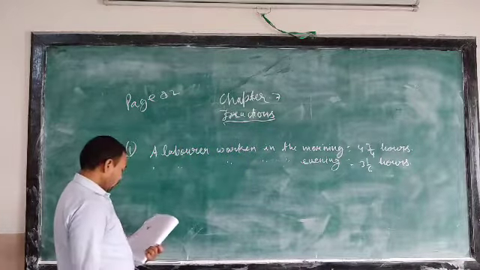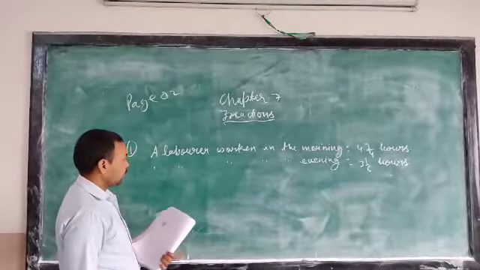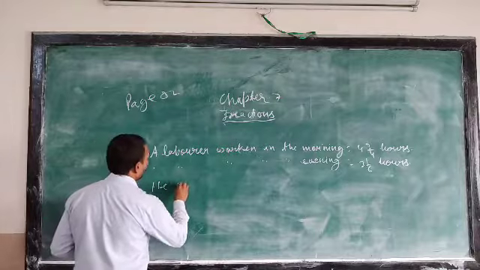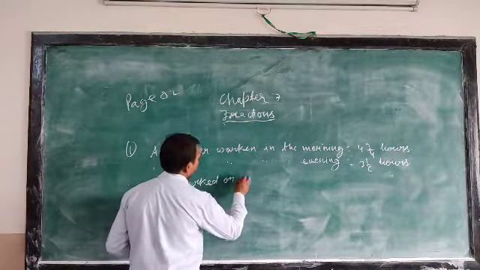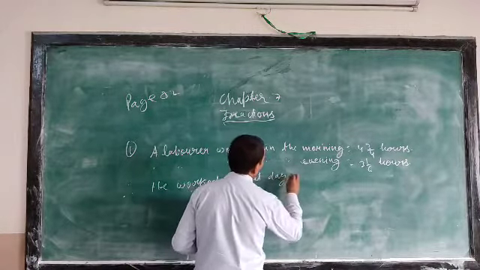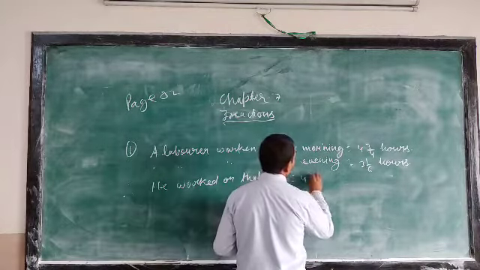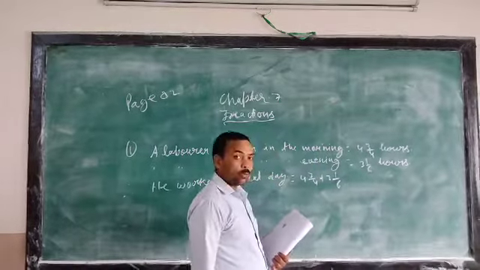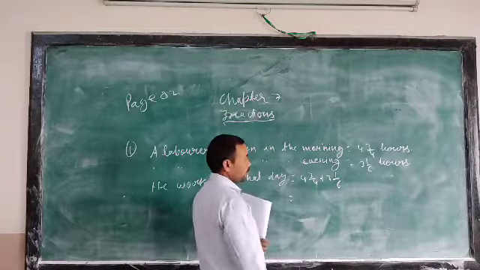After that you write the last line statement. How many hours did he work on that day? So you can write, hence he worked on that day. You know, here we add. I hope you know how to use operations in problem solving. It is very important. How to add it?